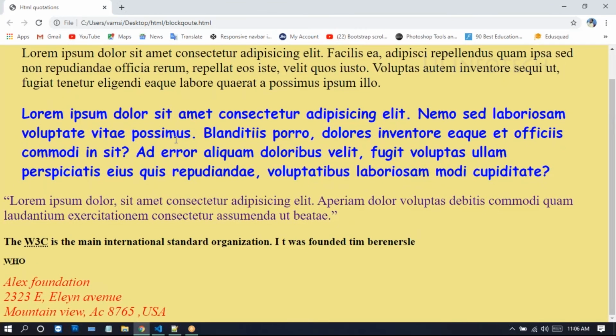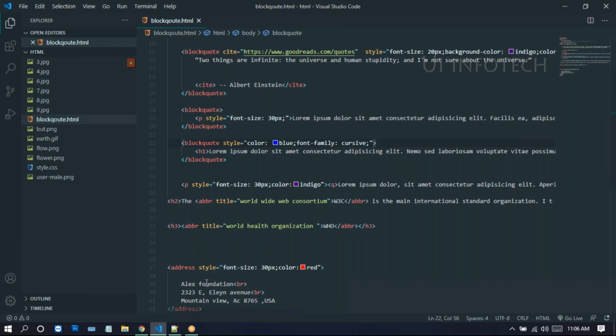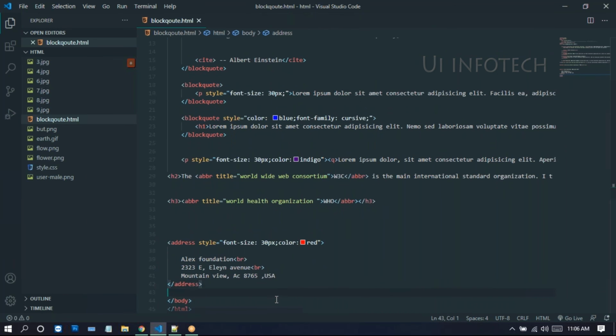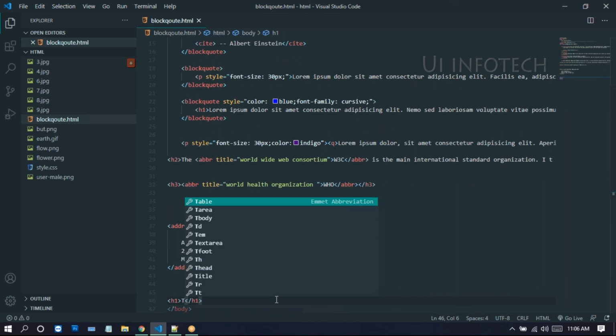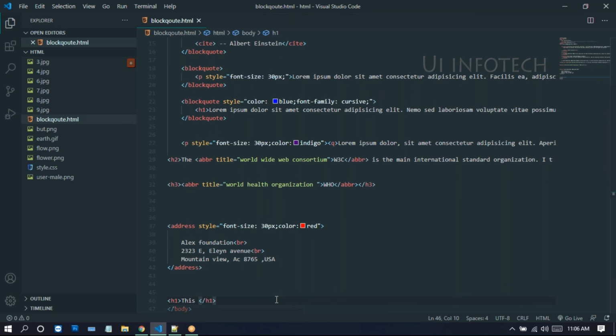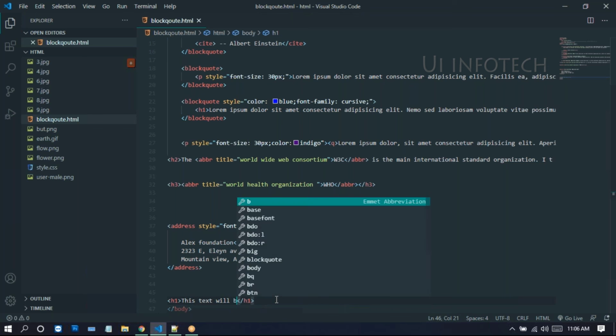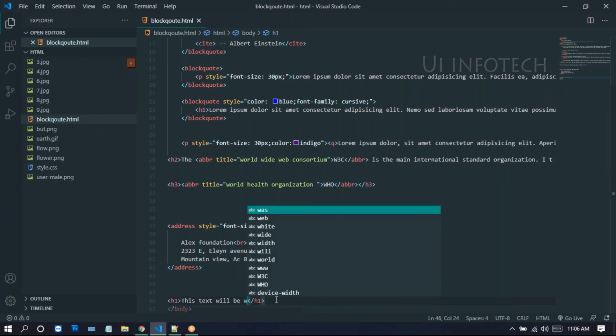So last one, we have bidirectional override. So what is the bidirectional override? Here I'm taking H1. For this H1, I'm just writing, this text will be written in right to left.